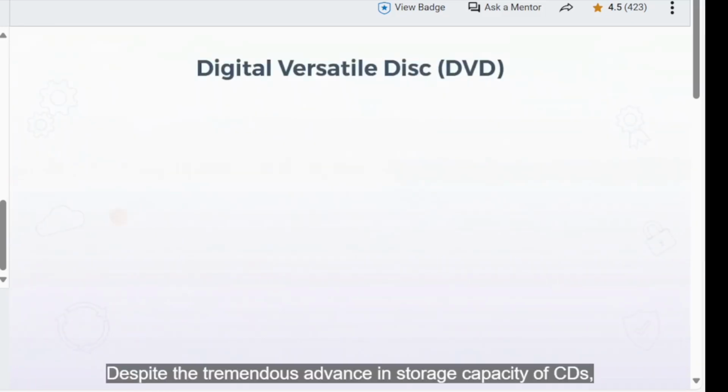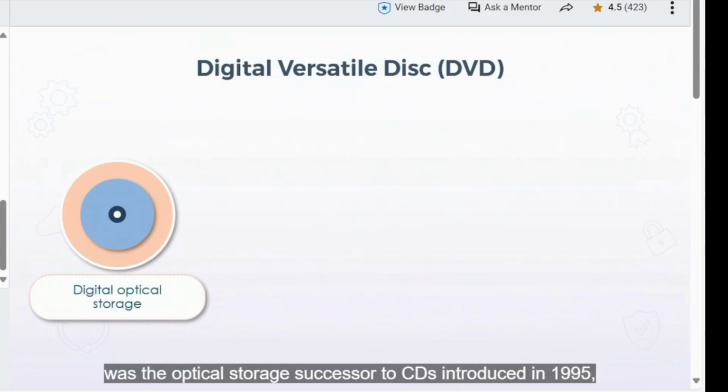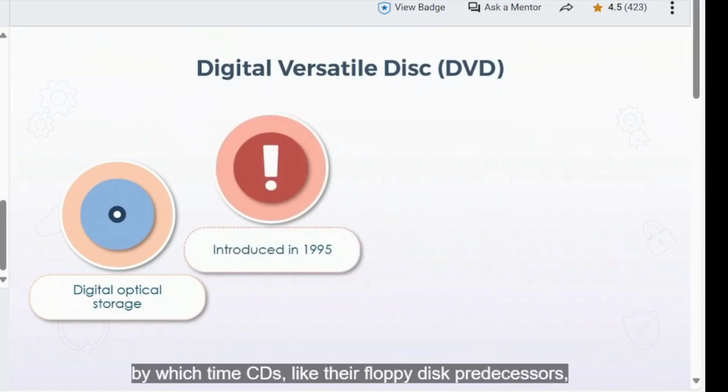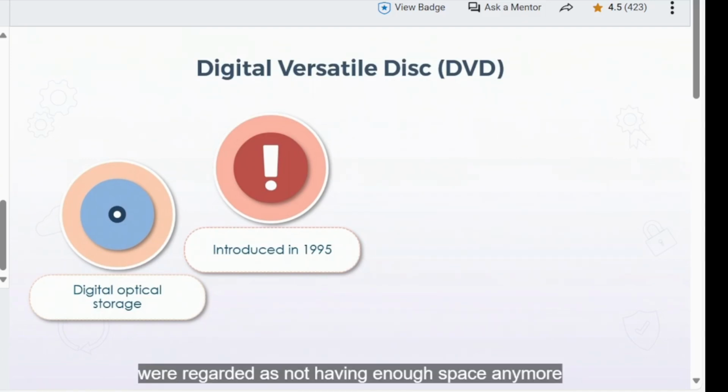Despite the tremendous advance in storage capacity of CDs, the digital versatile disc, or DVD, was the optical storage successor to CDs. Introduced in 1995, by which time CDs, like their floppy disk predecessors, were regarded as not having enough space anymore for the current removable storage requirements. In its initial release, DVDs supported up to 4.7 gigabytes, over 7 times more than a standard CD, and by